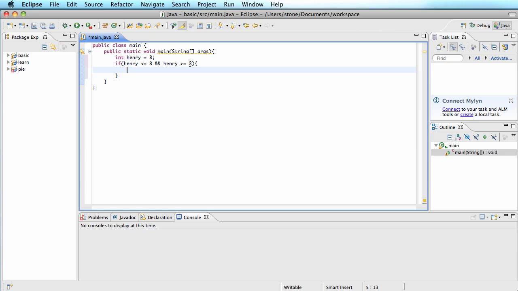For some reason it wasn't liking Henry equals 8. Oh, sorry. That's a way to do it, but it's not very efficient. The reason I was messing up is because you need 2 equal signs to check if something is equal to something. See? So if Henry equals 8, I'm going to